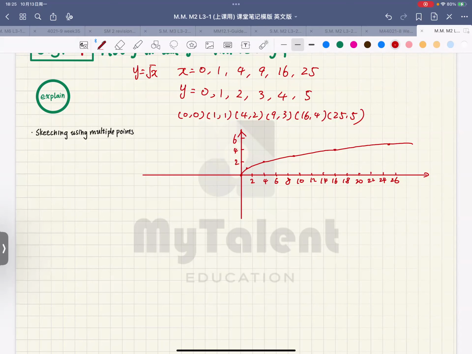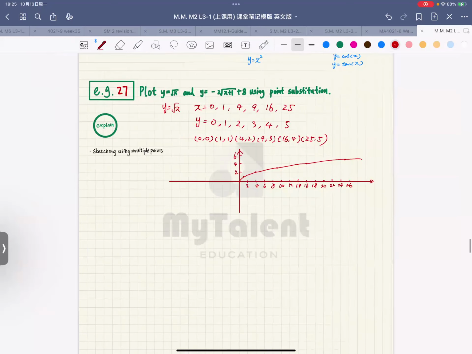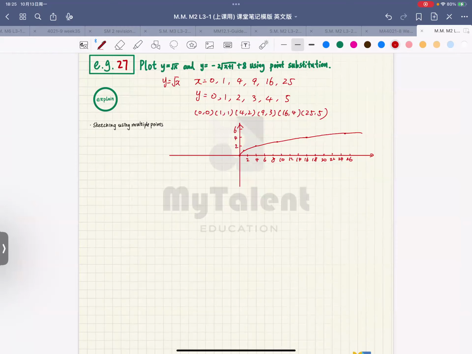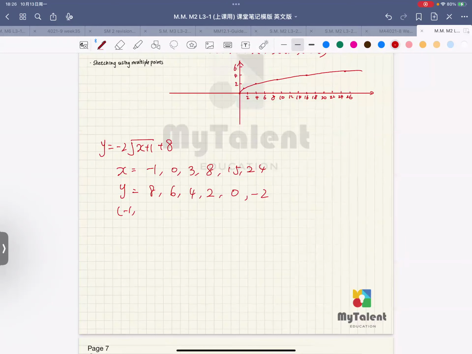That's how we usually draw the graph. And if we want to draw y is equal to -2 square root of x plus 1 plus 8, we have the same thing as x is equal to -1, 0, 3, 8, 15, 24, and y is equal to 8, 6, 4, 2, 0, -2. So we have point -1, 8,